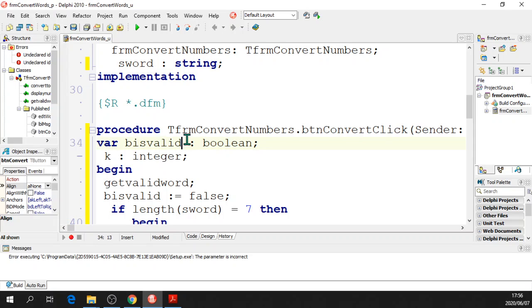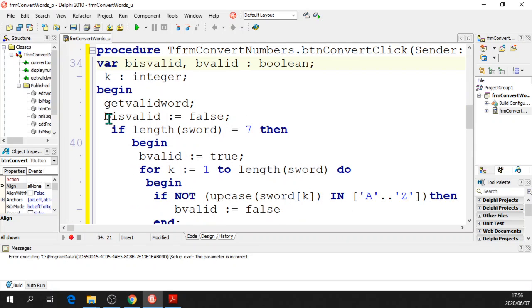Let's make another one here. Let's just go type it. There we go. So we've got a global B is valid false here,